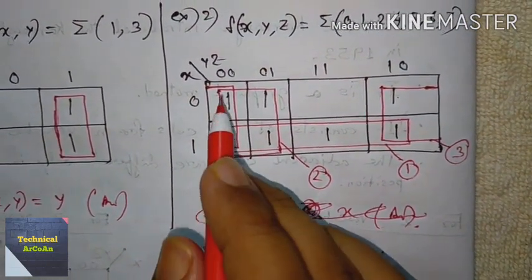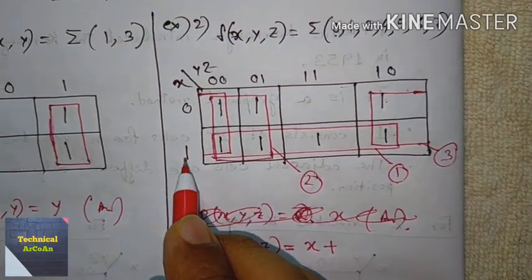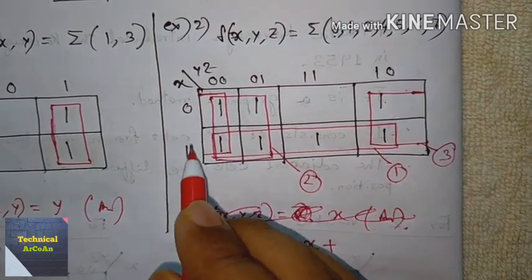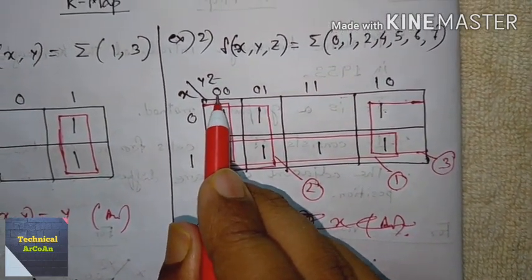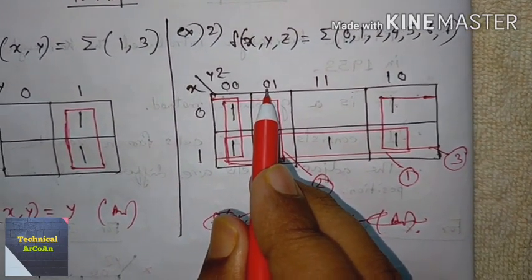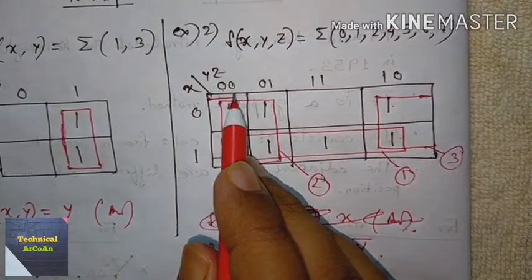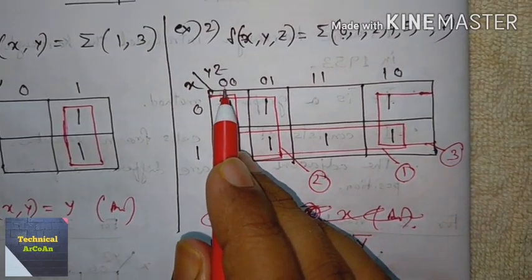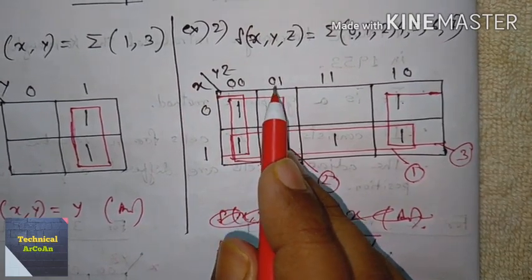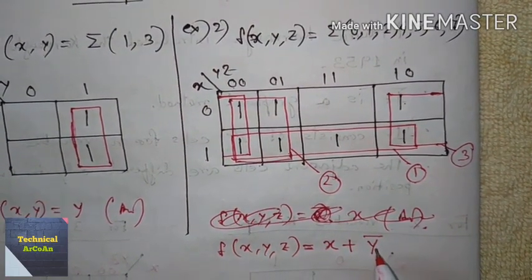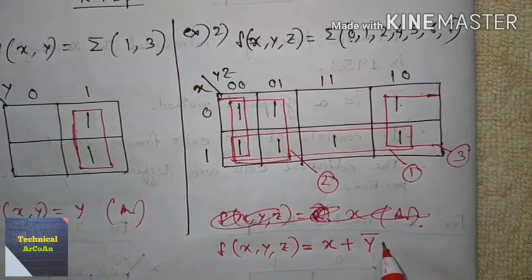After plus y, we go for the next box. So the second box is that. So here x value is changed from 0 to 1 throughout the box, so we don't need to take the x. Now for the yz, y is 0 to 0, so y value is not changed. Should we take the y? Now it's a complement. Why? Because it's a 0 for the min term. If the value is 0, the variable should be complement. Now z, the value is changed from 0 to 1, so don't take the z. So for this box, we get y complement plus.